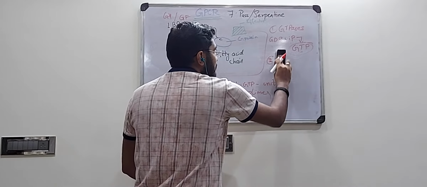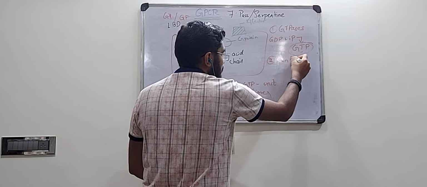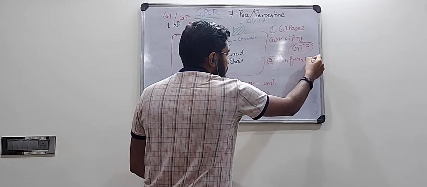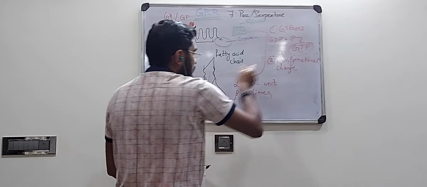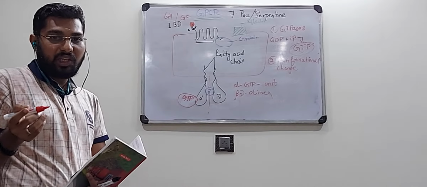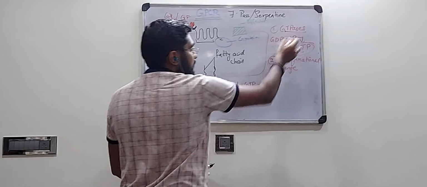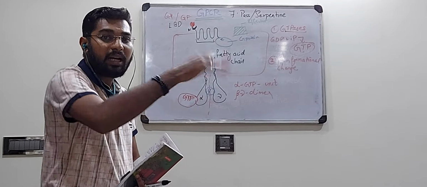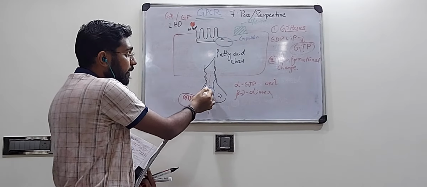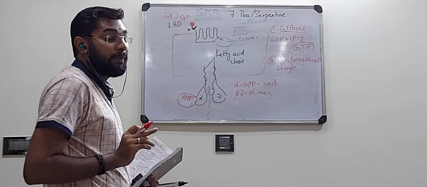I will call this the conformational change of G protein. So all these things lead to the conformational change. Once the GDP becomes GTP under the influence of GTPases, this alpha subunit along with GTP will run away and separate. Beta gamma separates and becomes a dimer. This is the second step that happens.